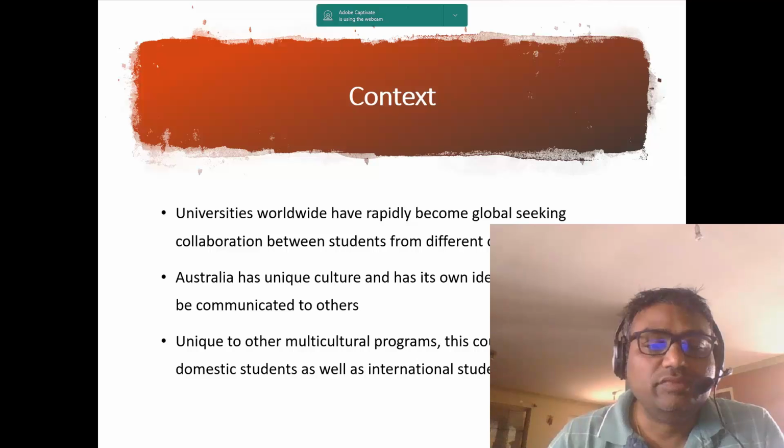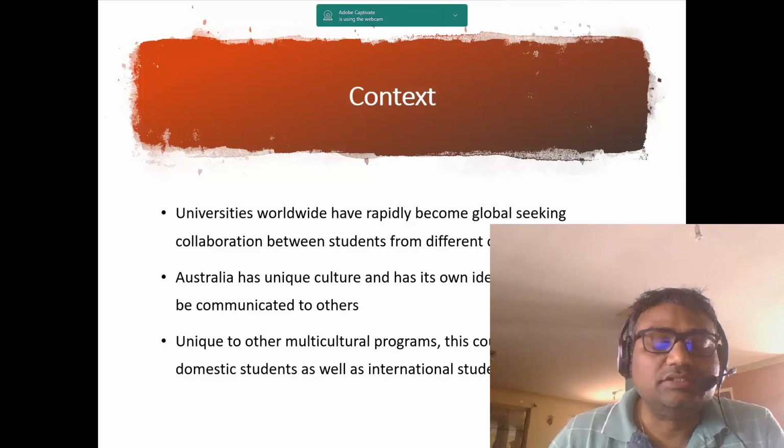But we want to develop this multicultural program in a way that involves domestic students, so that they can also learn as an exchange from international students. So that's the context here.